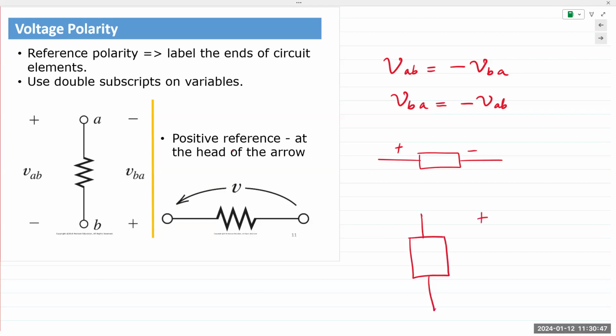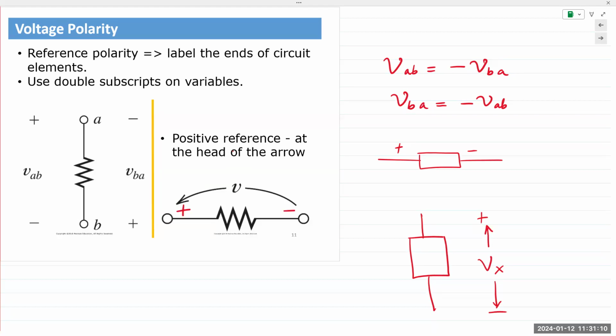So you'd have a plus and a minus here. And you simply say this is voltage Vx, positive is there, negative is there. You'd have two-headed arrows in both directions. You would not simply have one. If you have one arrow without a plus or a minus sign, it indicates plus is here and